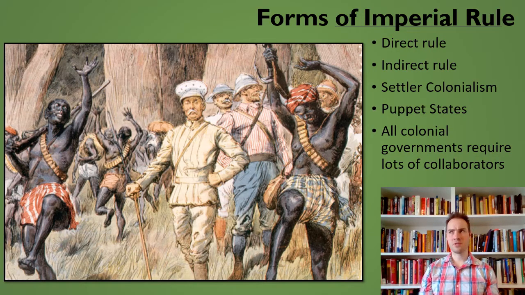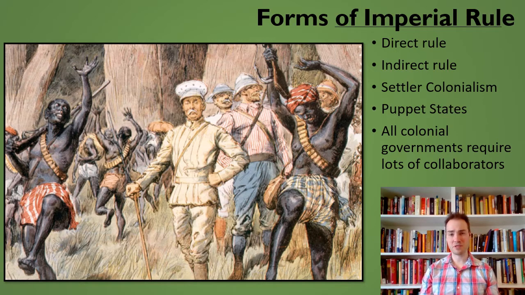So the first thing you might want to look at is how these different empires ruled. What were the types of imperial rule? Because there's a wide variety to it. You might look at direct rule, for example, where an area was just colonized directly. So, for example, when the British colonized the 13 colonies, that's an example of direct rule. You just send people out there, and it's like a new extension of the home.